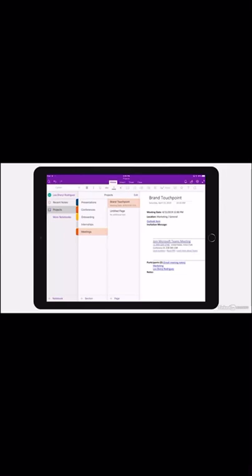To the right of that, for whatever section is selected, that is the page panel where all of the pages of that section will be displayed. With whatever page is selected over to the right, that is the active page that is in view. If you need to navigate to more notebooks, you're not seeing that notebook that you need, tap more notebooks from that very left column. If you want to collapse this area, go ahead and tap anywhere on the active page,